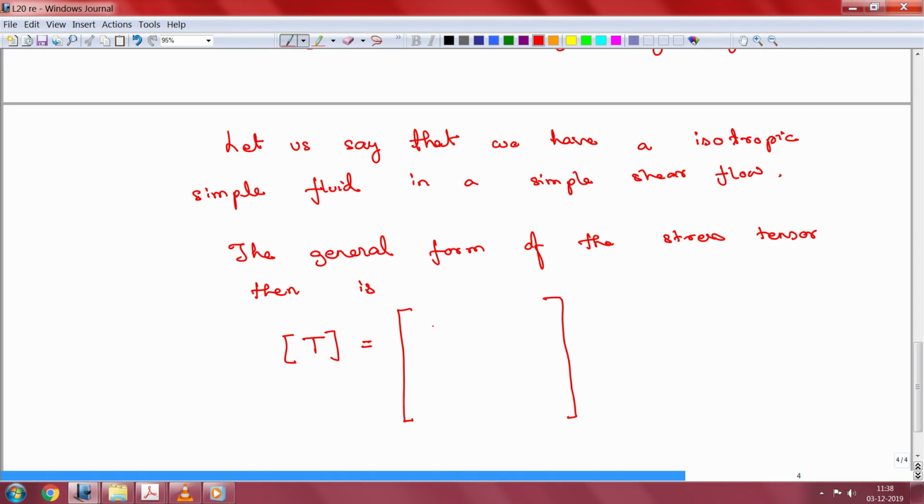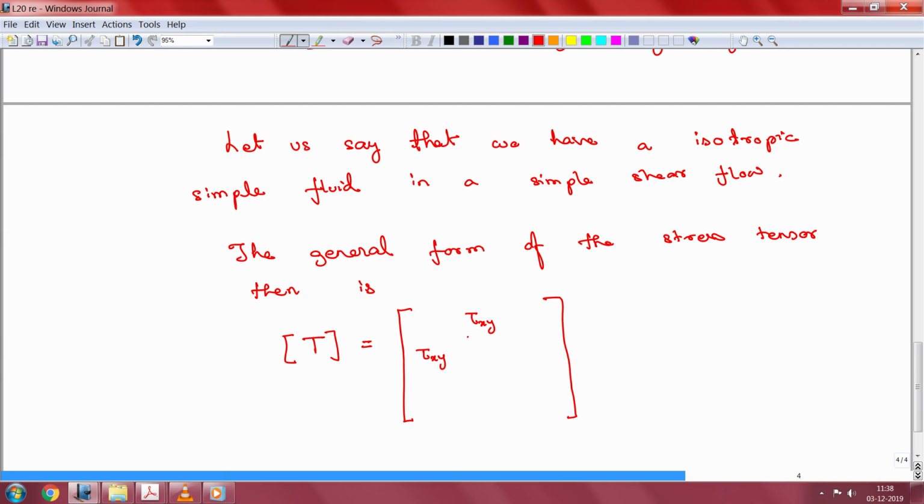Now here what you will have is, in a general case, so in the Newtonian case you will have a shear stress. These are going to be symmetric because we have already discussed that, right. That the stress tensor for a fluid element is going to be symmetric due to the application of the principle of linear angular momentum. So these are going to be there, and the question is what is going to be in these two positions. Okay.